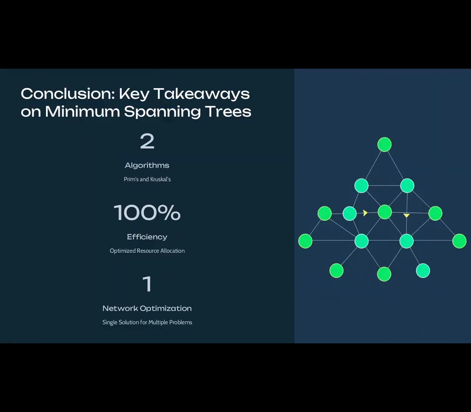The key takeaway on minimum spanning tree. The main goal of a minimum spanning tree is to connect all nodes in a graph with the minimum possible total edge weights, ensuring no cycle and full connectivity. A graph can have multiple MSTs when multiple edges have the same weight, but all MSTs will have the